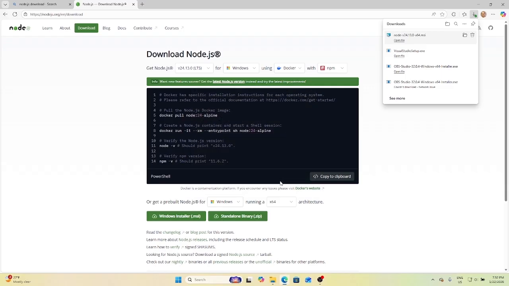Alright, now the next thing that we need to do, we've got Node installed now, and we need to go to the